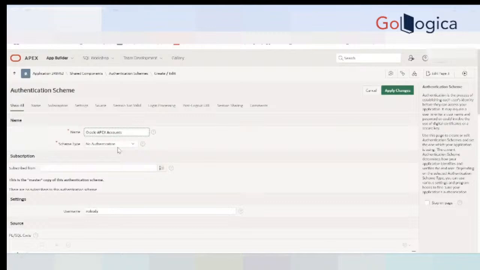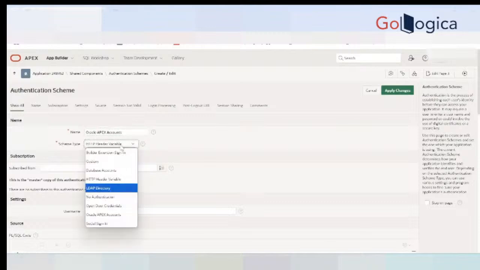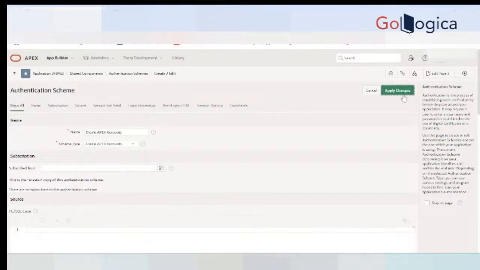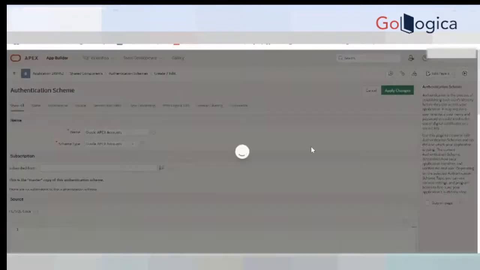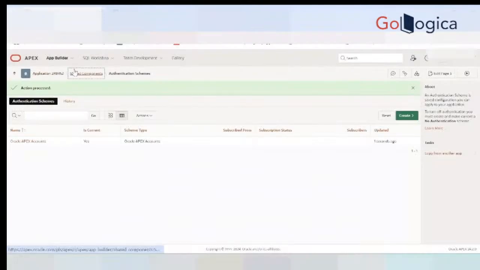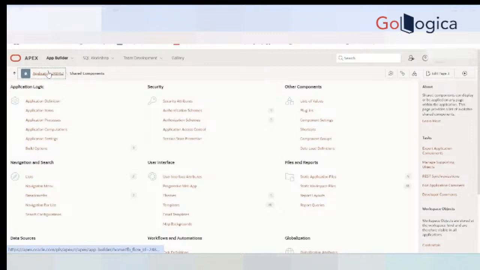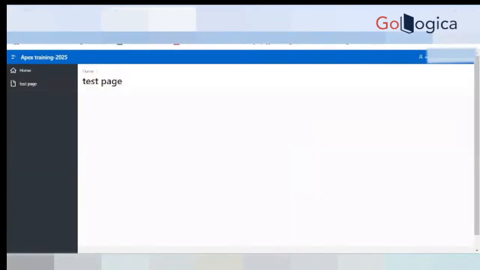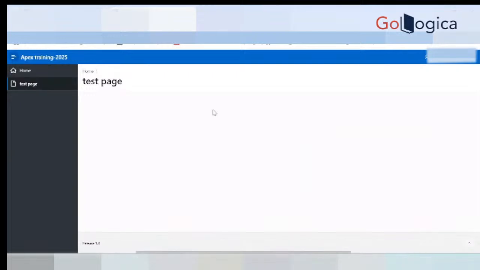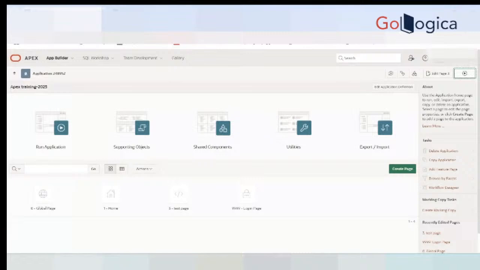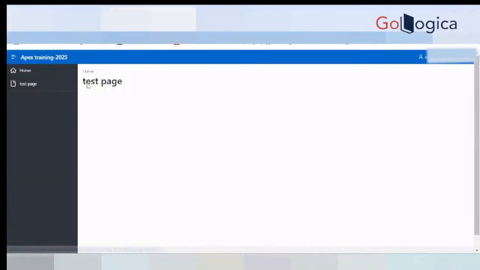So for now, let me change it to the Oracle Apex accounts. This is the authentication. Okay. So now let's go back to the application. So we were talking about the test page. So let's create one